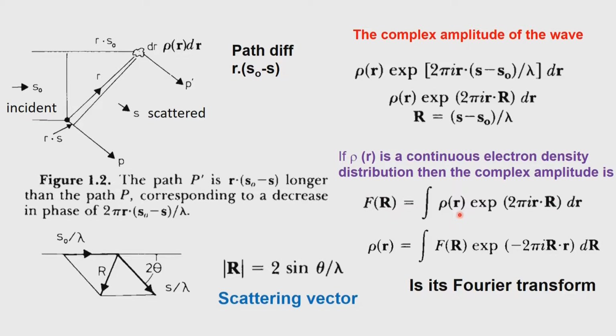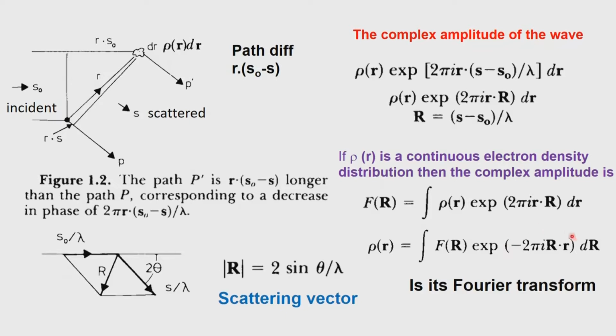So, we may not have the correct electron density. We may have a nearly correct electron density, but not the perfect electron density. So, what we have to therefore do is use these two equations alternately. Once we have this information of approximate F(R) corresponding to the actual F(R), this approximate F(R) now is fitted into this equation. The modulus of F(R) is accurately measured by experiment. The approximation comes only in the phase. So, once we lock into these phases, we can go back and calculate the electron density.